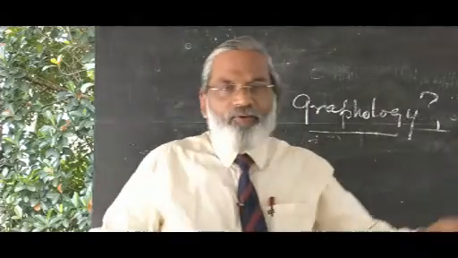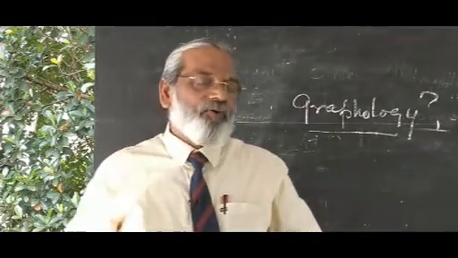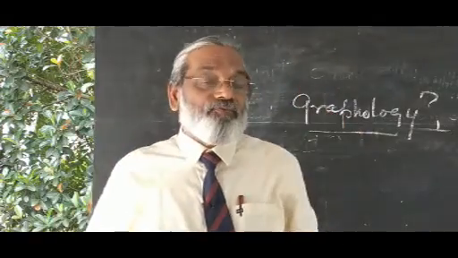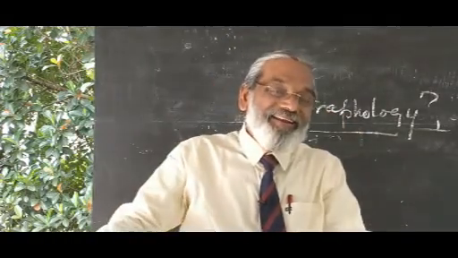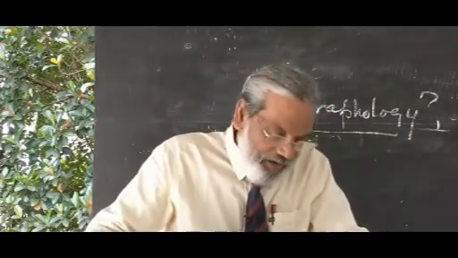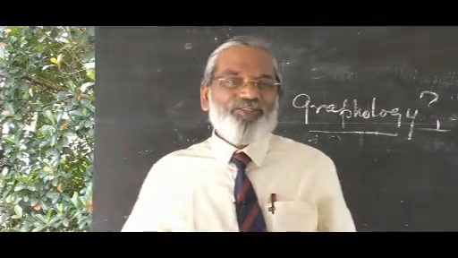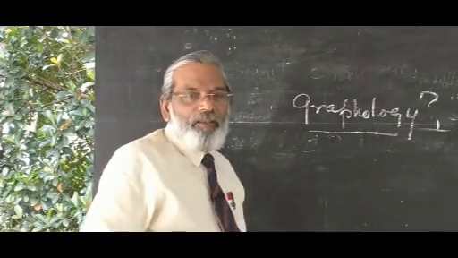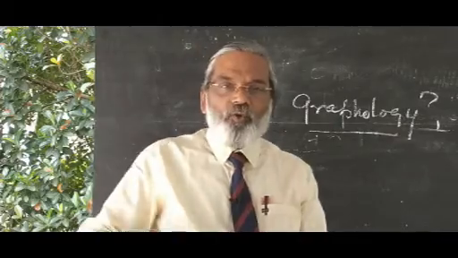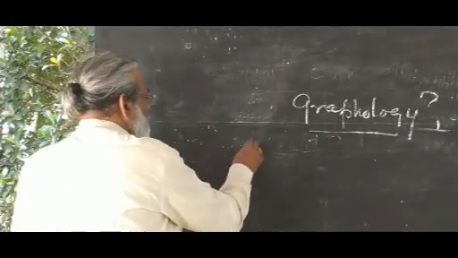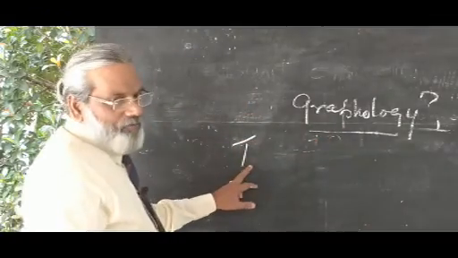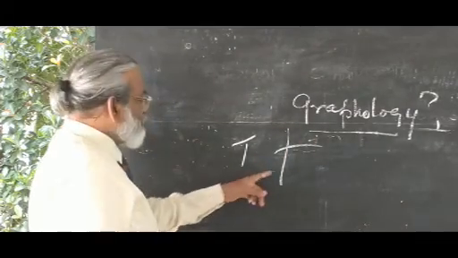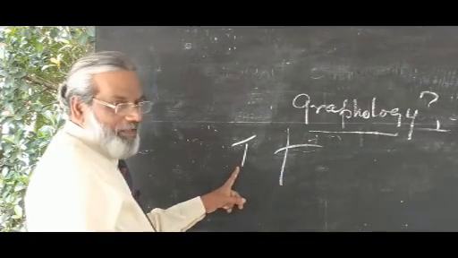Printing, capital letters are one type, and small letters are some other. So we have four types of letters possible in the English language, but everybody says two types. So you have to go deeply into the field of graphology with the writing. Also, suppose some people say this is the method we write T. Some people say we write it like this. This is not acceptable. This one is acceptable.